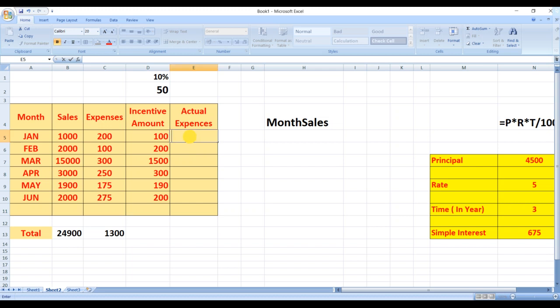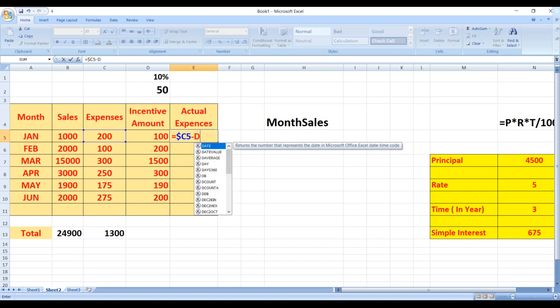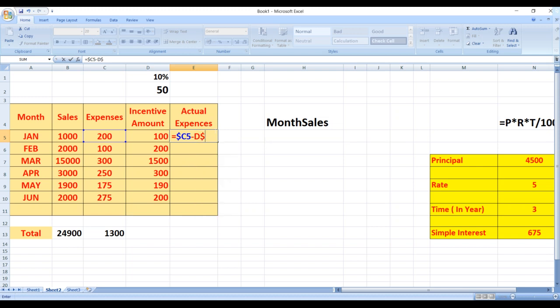I want to keep my expenses, that is column C, as fixed, and I want to keep D2 fixed as well. So I have to mention the dollar sign and keep the C5 minus, so this is my C5, and I want to keep that D2 as fixed. So D row, then I am keeping the dollar sign, second row. So this value I want to keep fixed.